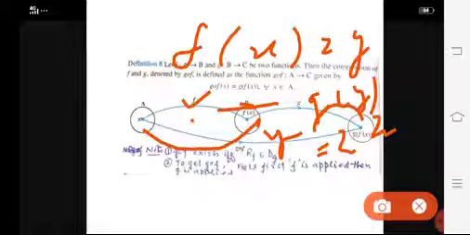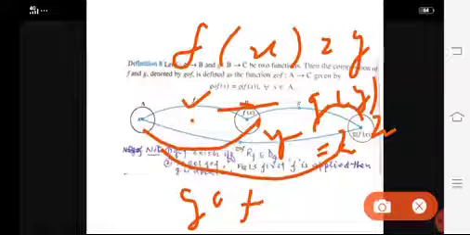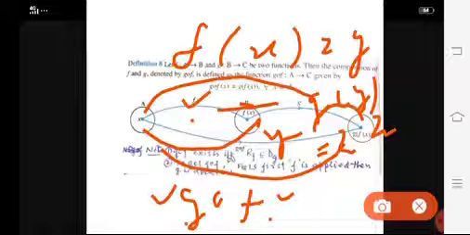Okay. So from here we can define a function from A to C. Why? Because corresponding to every element of A you will get an element in set C. And this function is called the composite of f with g. And how do we write it? f composite g. Take care of it. We will write f first, after that a circle, then g. So f composite g is a function from A to C.